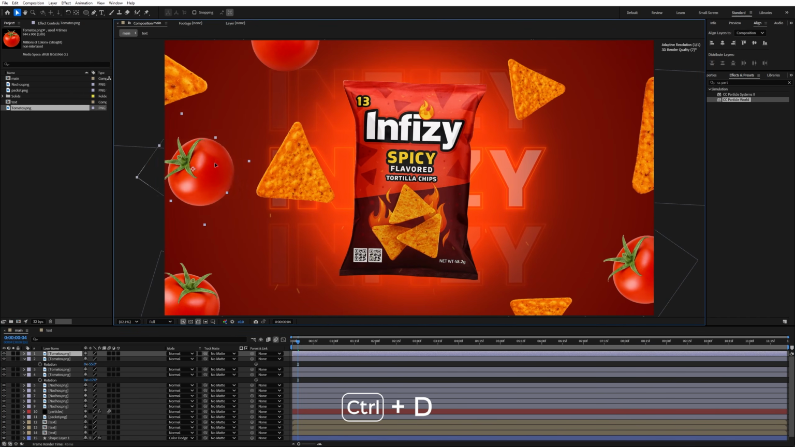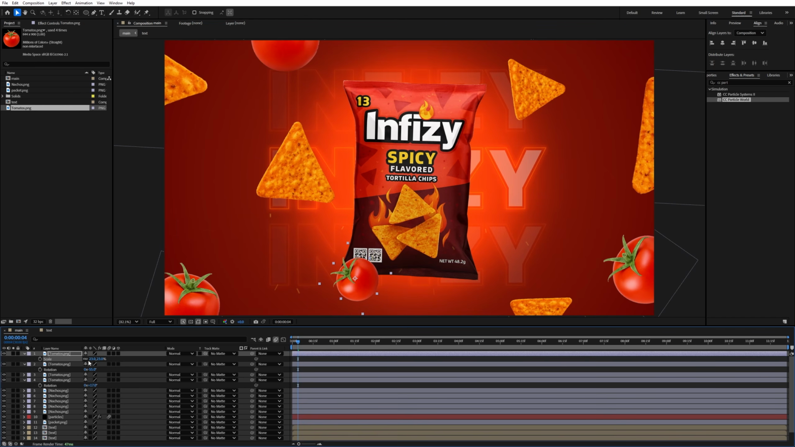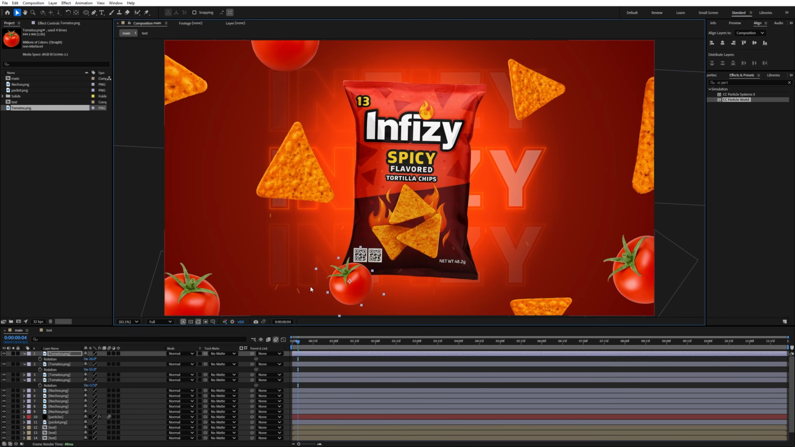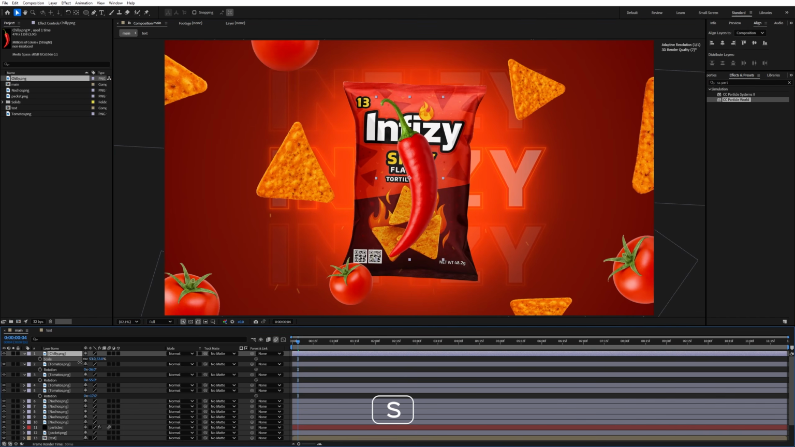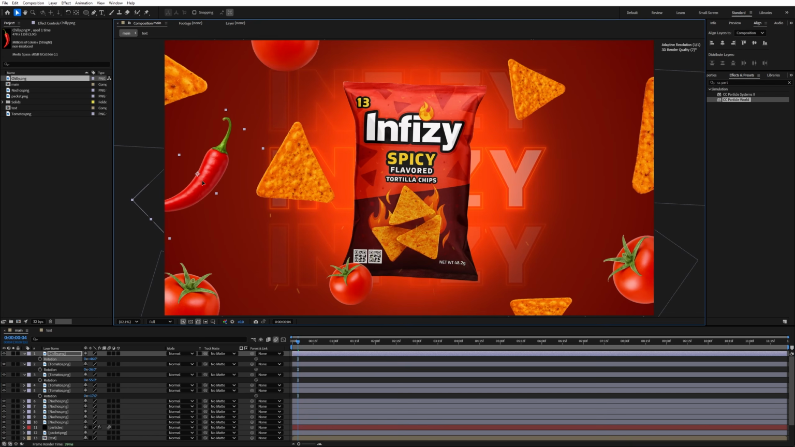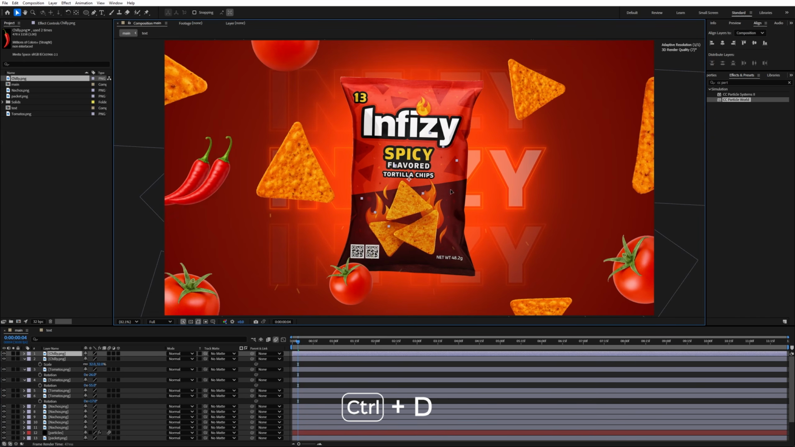And again Control D to duplicate and move it, let's move it here. Decrease the scale size first and rotate it like this. Now we will import the red chili into the composition. Press S and decrease the scale size of this and rotate and move it here and press S and decrease the scale size and Control D to duplicate, and let's move